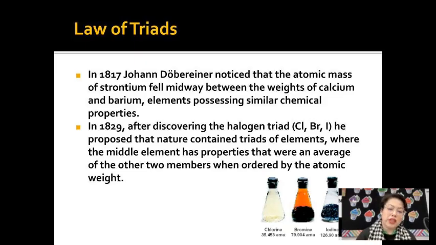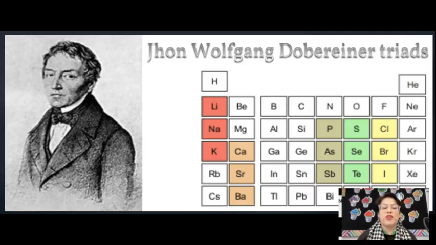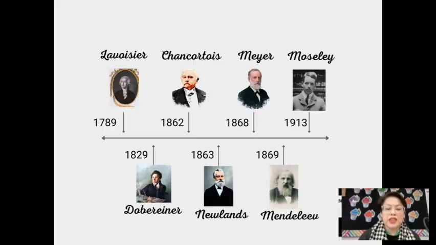However, at some point he encountered some elements that could not fit into the already made groups of 3, or some new elements were discovered that would fit into those groups. So in the end, it was not the best attempt, but it was a good beginning. After that, in the middle of the 1800s, in 1862 and 1864, and in the end, in 1869, we have several scientists attempting to organize more and more elements that were being discovered at the time. During the decade of the 1860s, they knew about 60 elements or so.